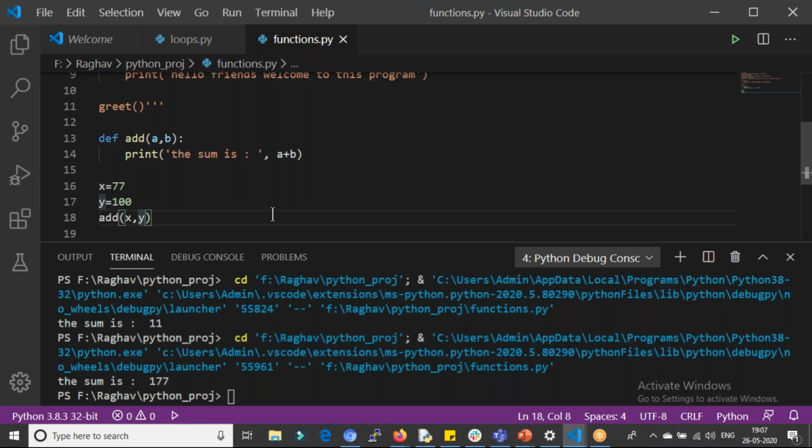Now I have a doubt. What happens if I add one more argument over here? Let's say I just add 5. Will this be adding 5 also to 177? No. Okay, give me the votes. I want votes from everyone.